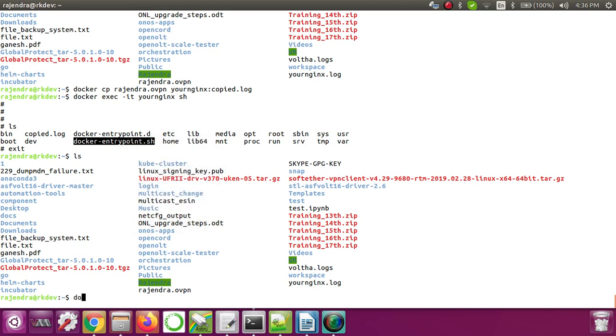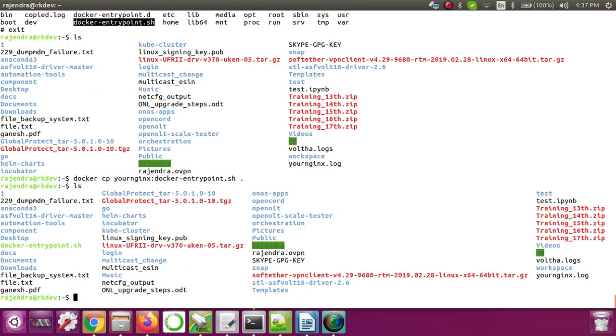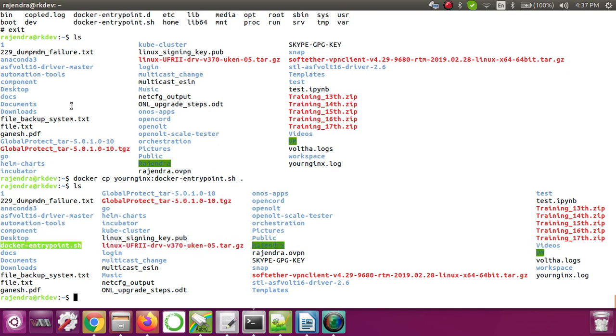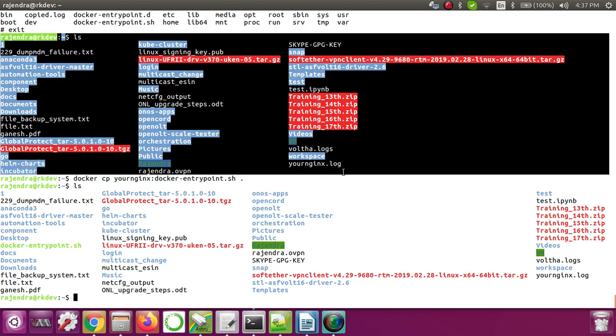What I'll do: docker cp, your nginx container, this file, and I just want to copy it in the current directory. Now if I do ls, you can see that file should be somewhere here, docker entry point .sh. If you see the earlier ls command, there is no such file, right? But this time we copied it and that file got copied.